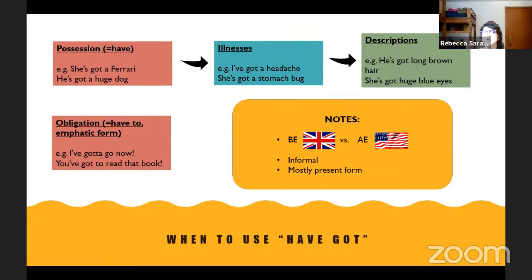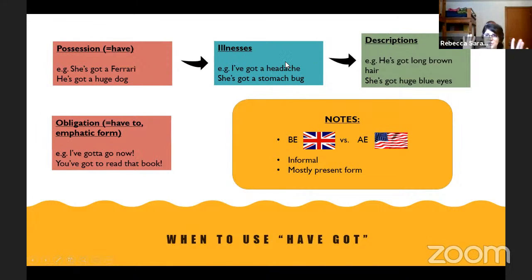It's often used to talk about illnesses as well, like I've got a headache, I've got a stomach bug, he's got a toothache, etc. Or with descriptions. So again, about something they possess, something that they have about them. So he's got long brown hair, she's got huge blue eyes, etc. As you can see, in all of these, you could use have and have got in the same way,